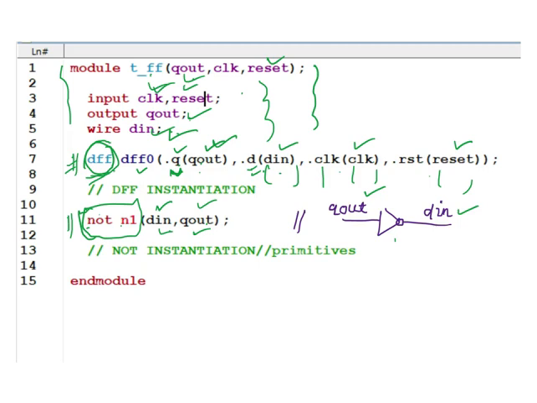The main thing that you have to remember is this instantiating part, how to instantiate. This parenthesis part has to be from the module you are writing, and the module that you are instantiating has to be from this dot part, the outside one. That you have to remember, and this is how we code for structural modeling.